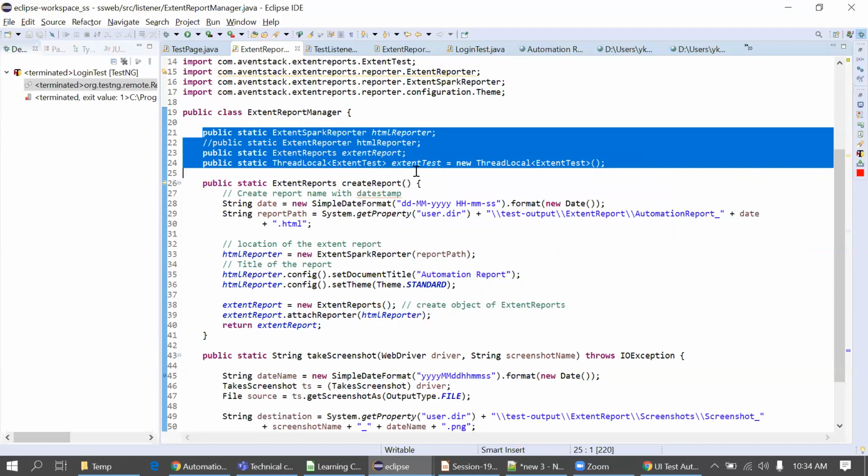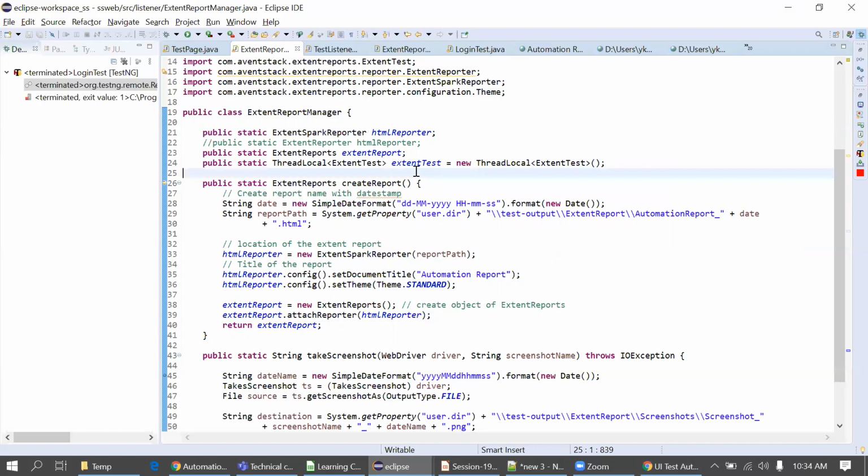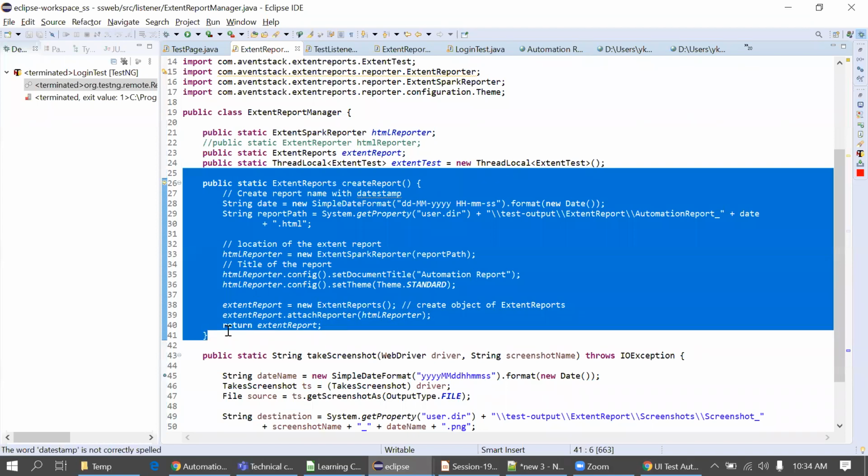Again, you don't have to remember this code. If you're not aware of this much, you can simply Google how to get the report from the ExtentReports. You can get this code ready-made on Google. You don't have to worry about this part. You should only know how to integrate this code into your framework, and how to call it